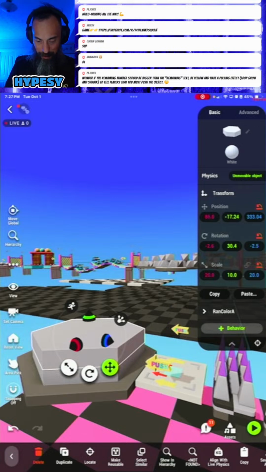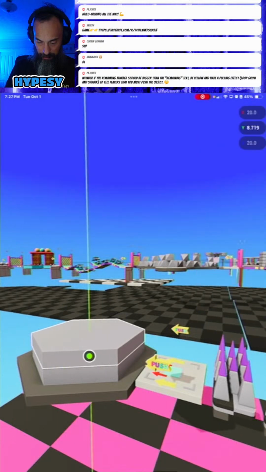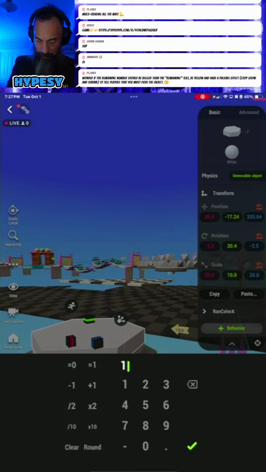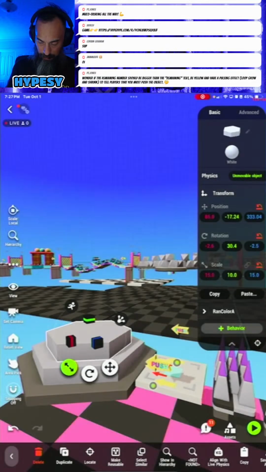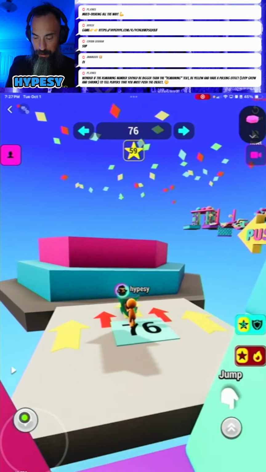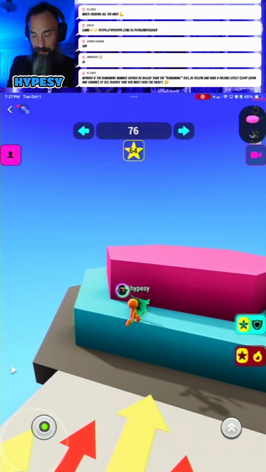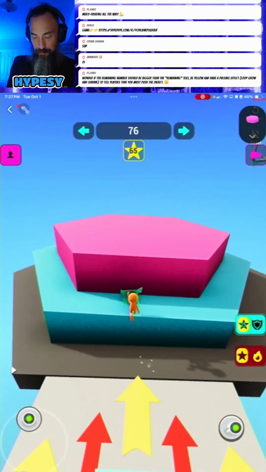Is it the Y? Yeah, okay. The Y is 10. Let's make this 15. And again, I want to test and make sure that the player can jump from here to there. And then we'll add stuff to block them.